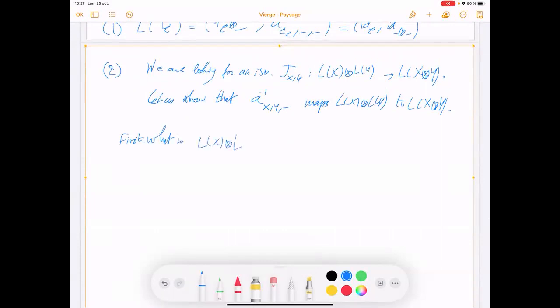LX tensor LY? So as we said, the tensor product of these objects is given by the composition of functors. So by definition, this is just X tensor empty space, A_X empty, not empty, but I don't know